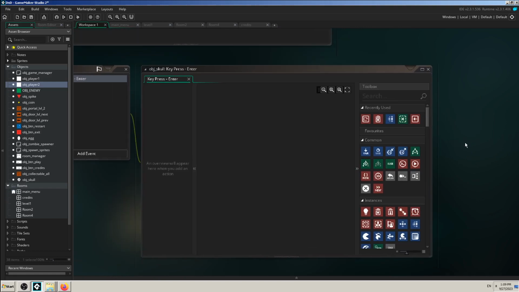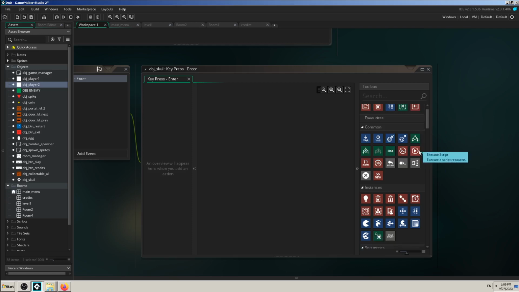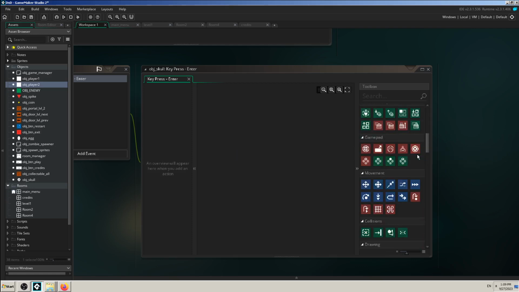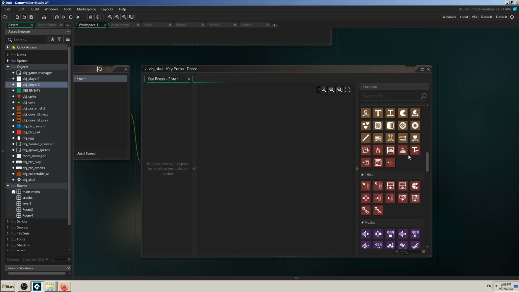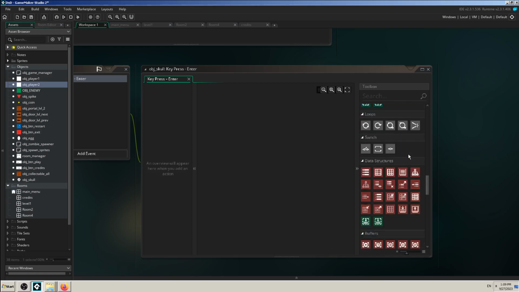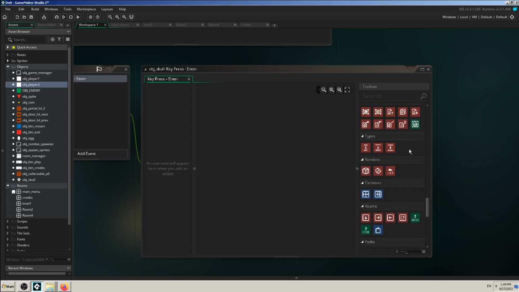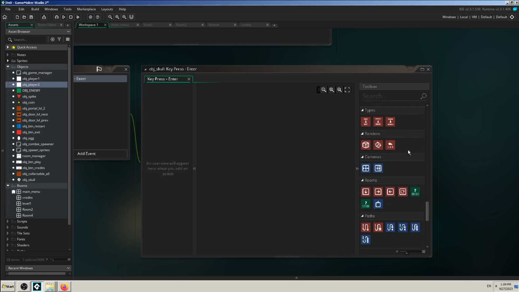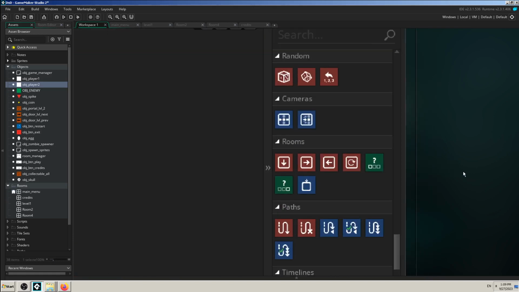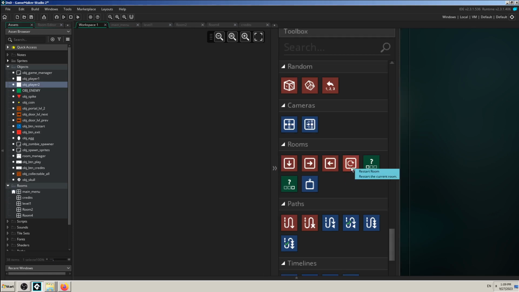Then go to this window where you should find the drag and drop blocks, and scroll down to the rooms blocks. That is the group of blocks which helps us code the rooms, so it's almost at the end. Yeah, here it is. So there's go to room, go to next room, previous, restart. This one is the one we want, Restart Room, and the explanation says it restarts the current room. It has a kind of recycle sign on it. So click and drag it